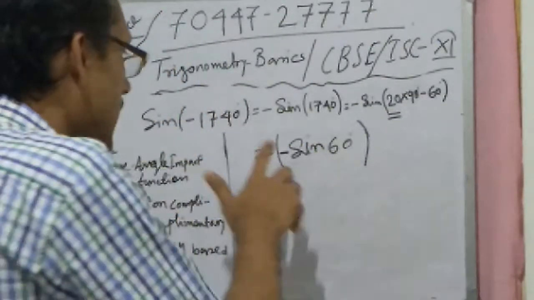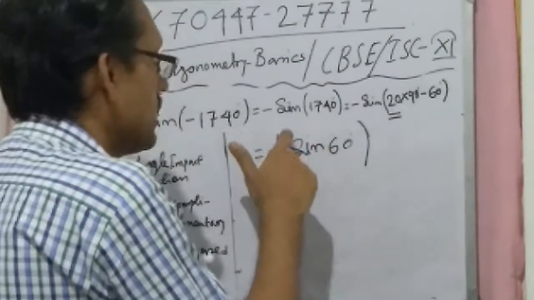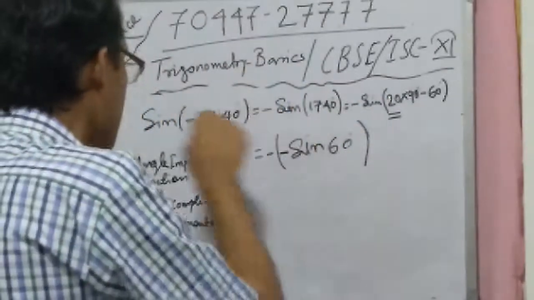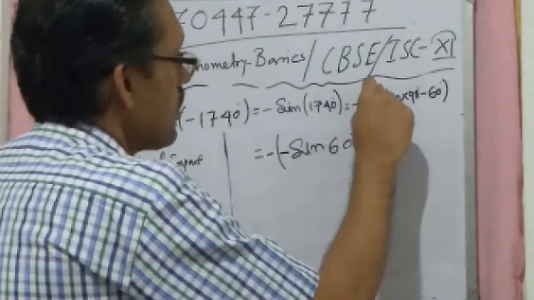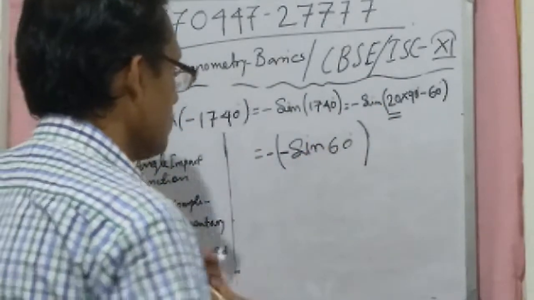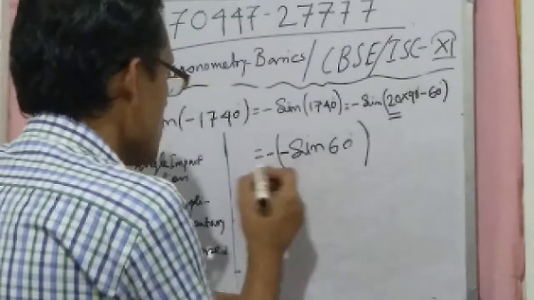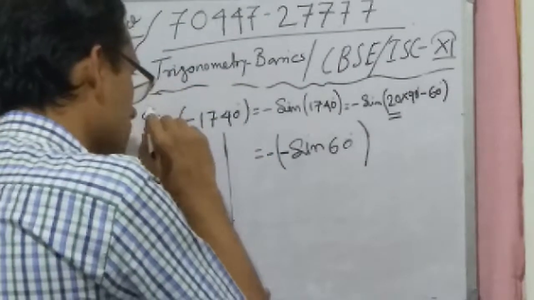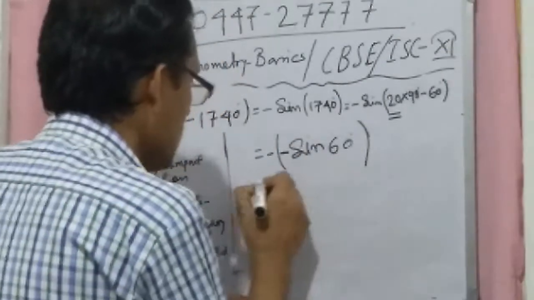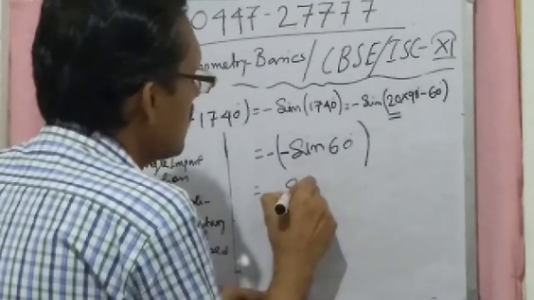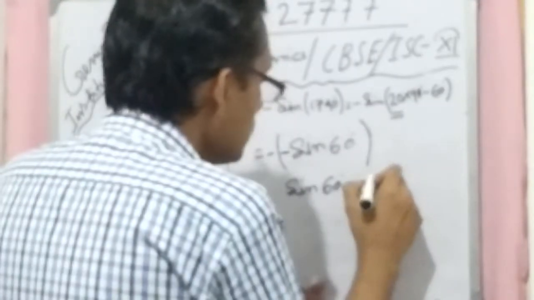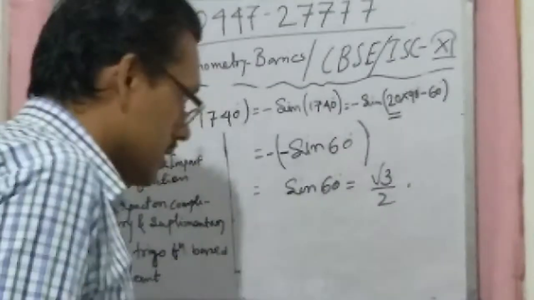Now this negative is not due to this sign, this negative is due to this sign. If in our question it was given cos, we would treat it as cos, and based on the cos function we should treat this. So whatever is given in the question, we will consider that trigonometric function as our base function, not the result function. Okay, so the answer will be sine of 60 degree, that equals root 3 by 2, which is the correct answer.